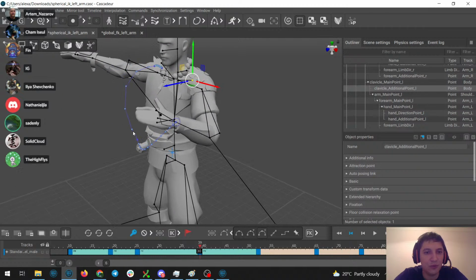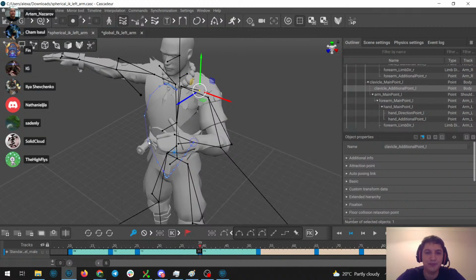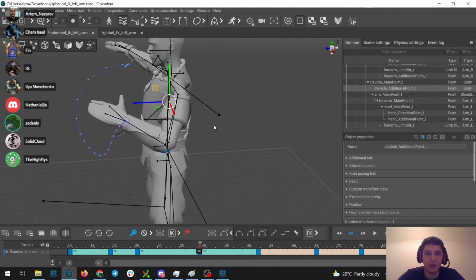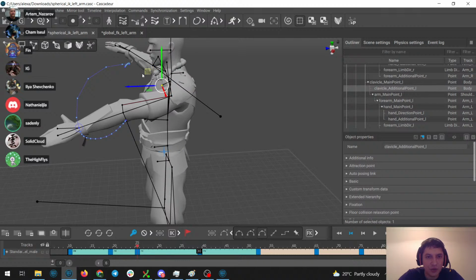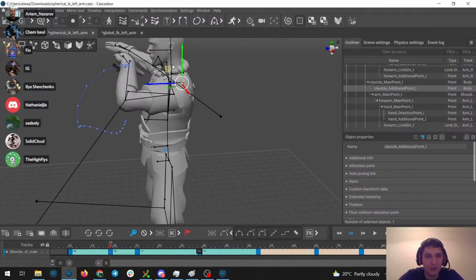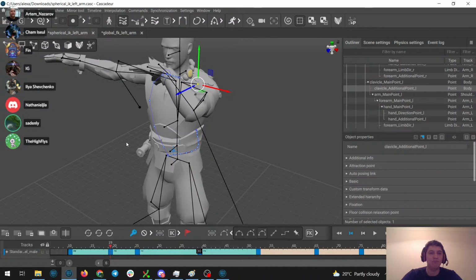It's hard to move it. It's because I'm changing here, but if I change it here, for example, it will be even worse. Or here.